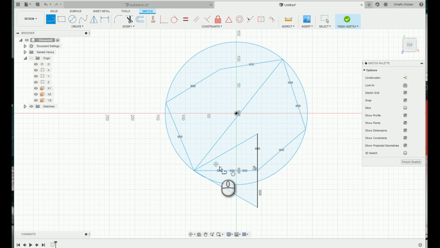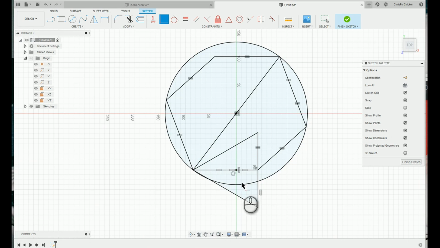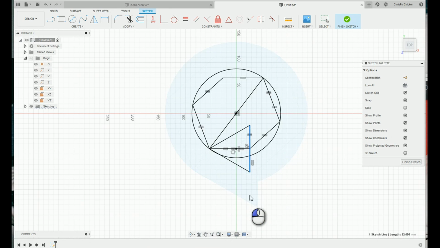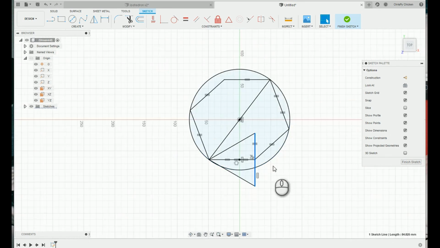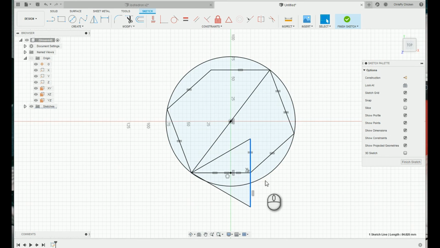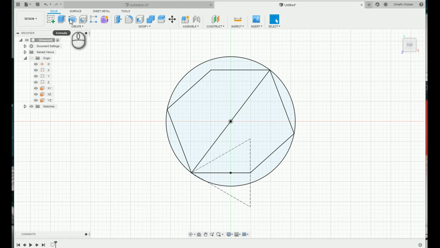Alright, and this is the last line we need. All that needs to be done is make that coincident with the origin. Now it's all defined, it's just scaling now. So we can make it bigger or smaller. Alright, and one of the cool things about this process is that it's only one sketch. So this is the only sketch we're going to need to make this icosahedron. So we're just going to finish sketch